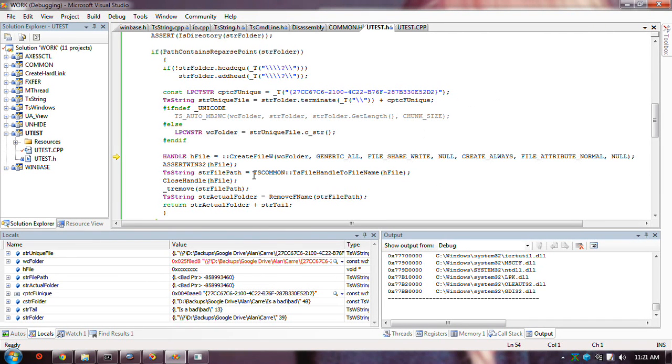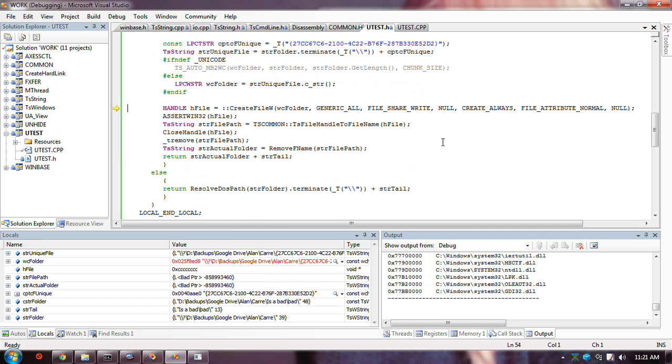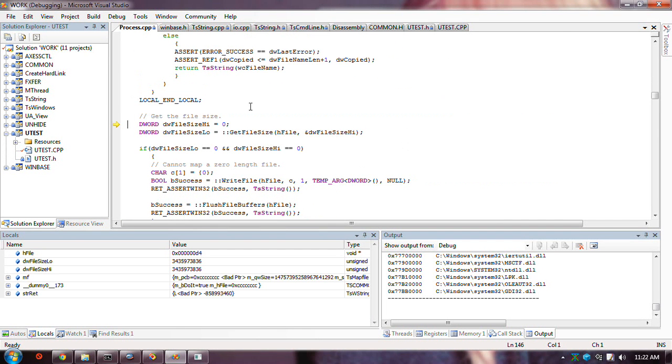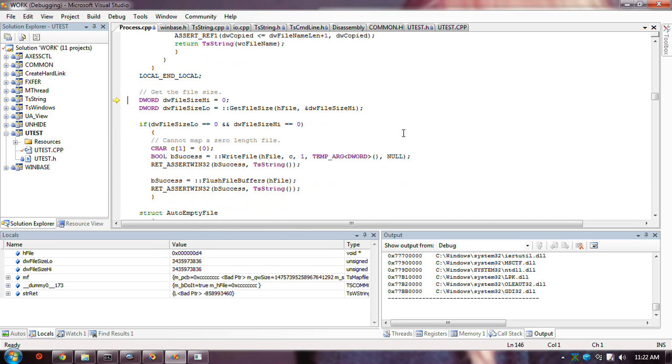I turn that into a wide character type thing. Create a file. This should be a standard function. This is a file that can be written to, and all attributes can be read. So I created it, and now I'm calling my special function that I just made. Again, this has a local function. I use a local function a lot.